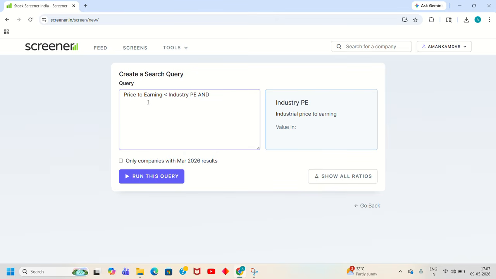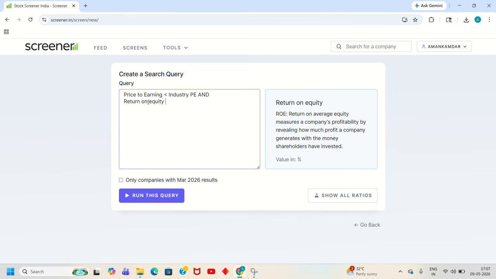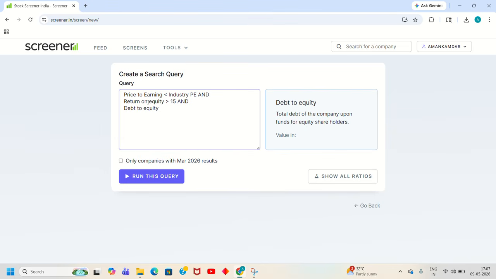and return on equity has to be greater than that of 15%, and debt to equity has to be less than 0.5, as we are completely looking for debt free companies. Now